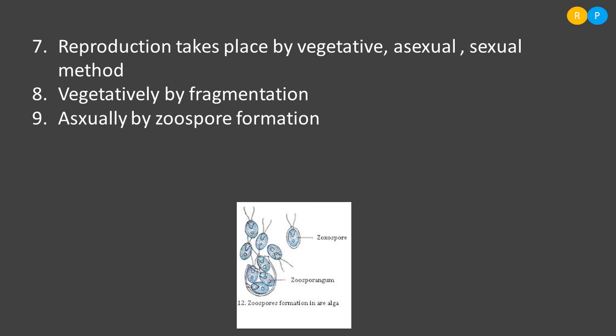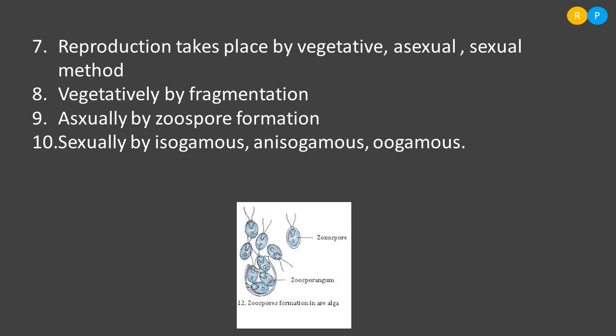These spores are protected within a protective covering called the zoosporangium. The zoosporangium protects all the motile spores within a protective covering. When all the spores mature, they rupture the wall of the zoosporangium and come out, and they easily swim in water, and when they get a suitable environment, they continue their life. Clear? So zoospores are the motile asexual spores. They are formed in a few members of green algae.